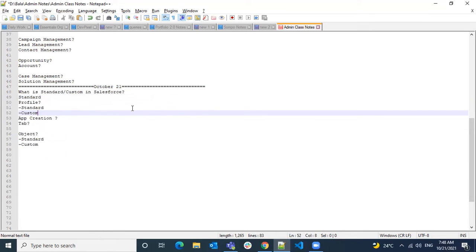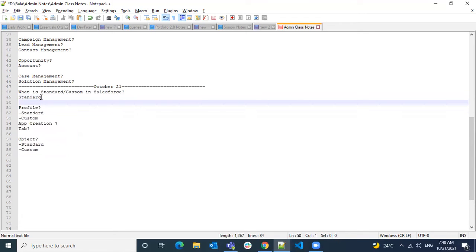I think you can rename them, like labels, but you cannot delete them, and you don't have much control. Frankly, you will not have much control on the standard things. Whatever Salesforce already provides, you will have those features, but not much access. I'm not saying no access, but you cannot do whatever you want to the standard things. Still you can make some changes. It's not completely restricted; you can make limited changes.